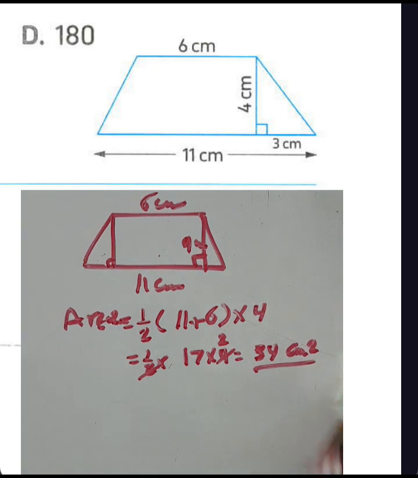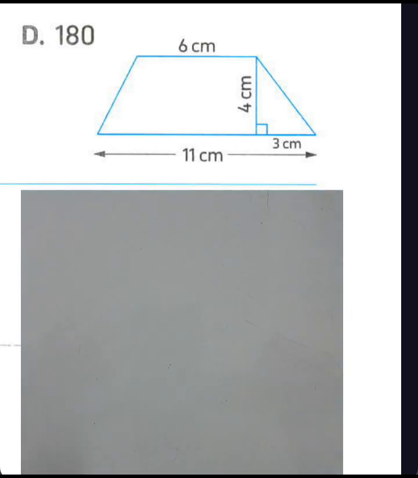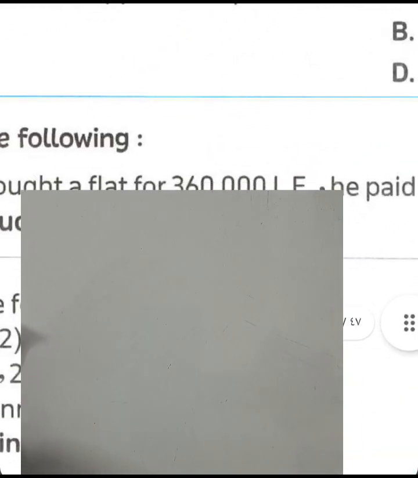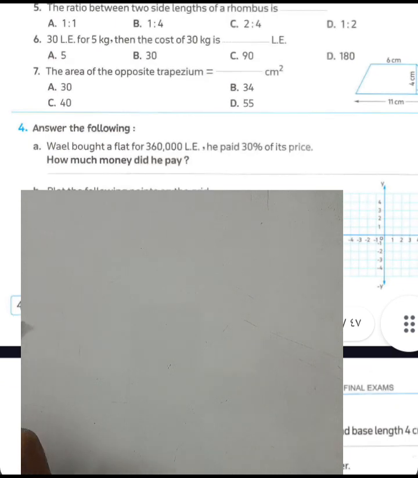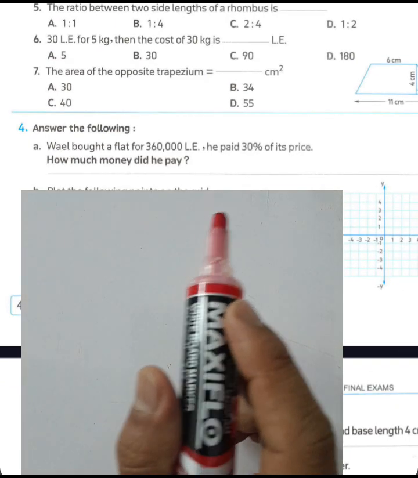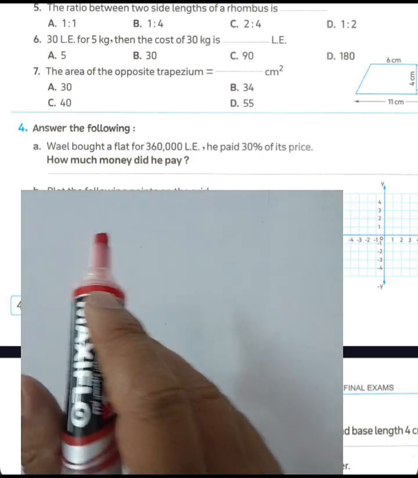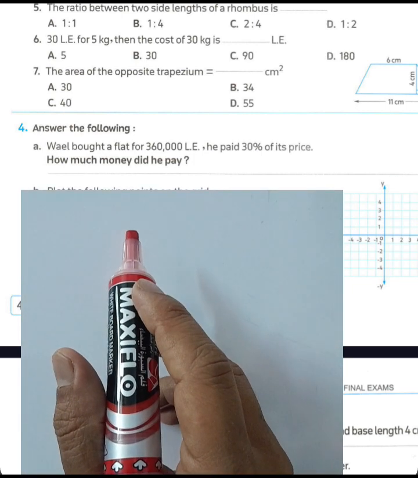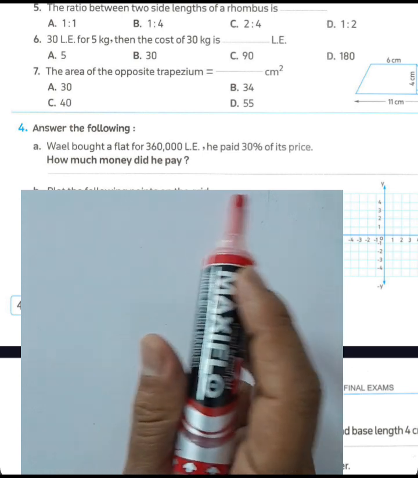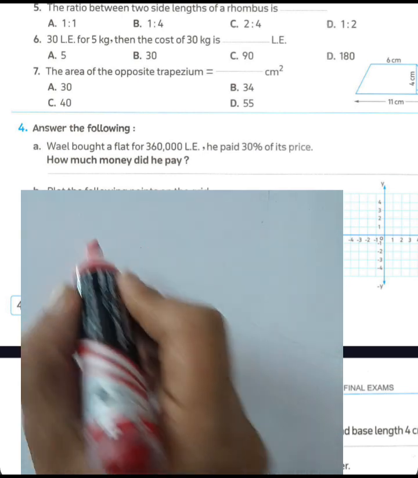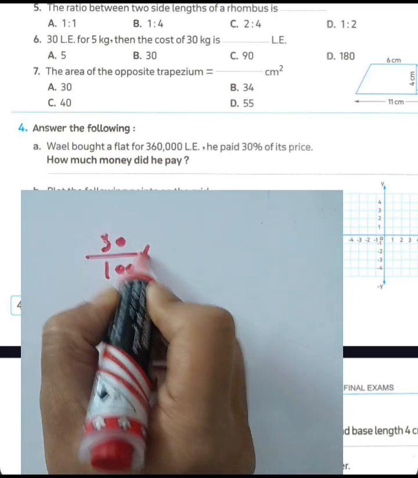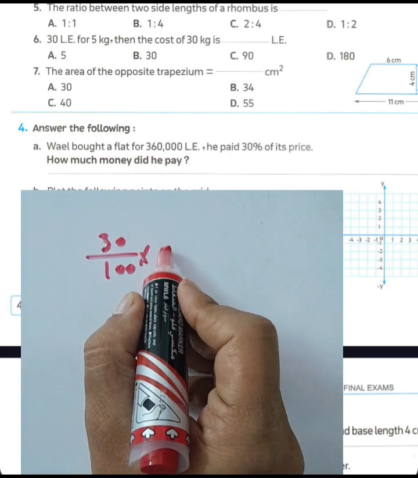Okay. Choose letter B. Next question number 4. Answer the following. Ahmed bought a flat for 360,000 Egyptian pounds. He paid 30% of its price. How much money did he pay? Okay, we can write 30% of this number. It means multiplication. 30% means 30 over 100, times the total money,